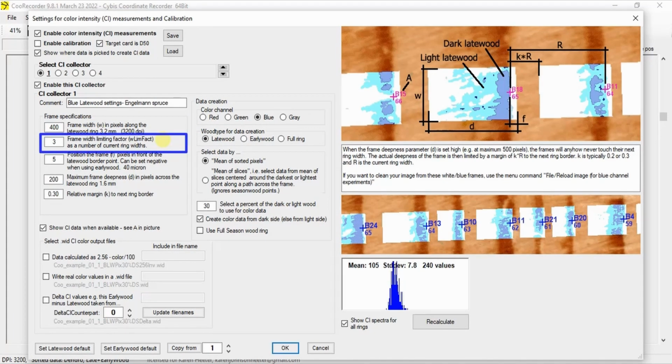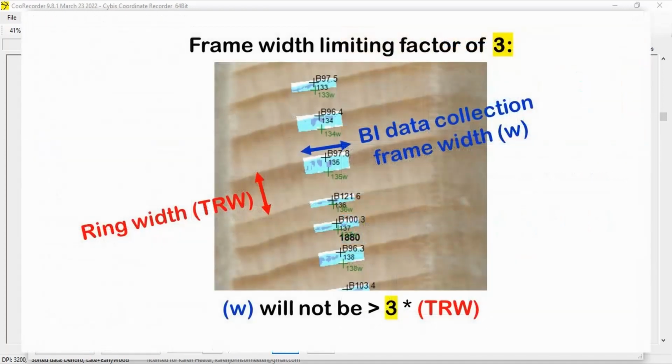You can also adjust the frame width limiting factor. This limits how wide the frame will be compared to the ring width. Especially if you have narrow rings, adjusting this value will help ensure that you don't unintentionally collect latewood BI data from undesired areas. The default is set to 3, meaning that the frame width will never be wider than 3